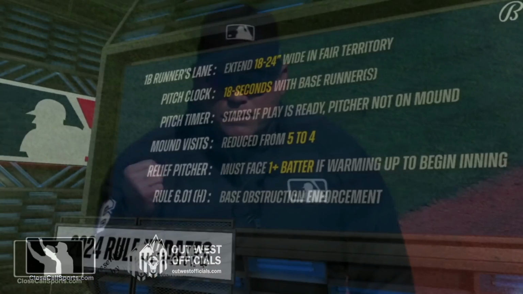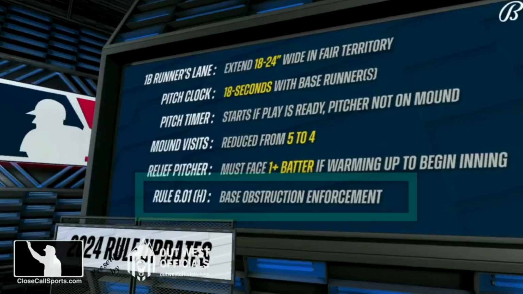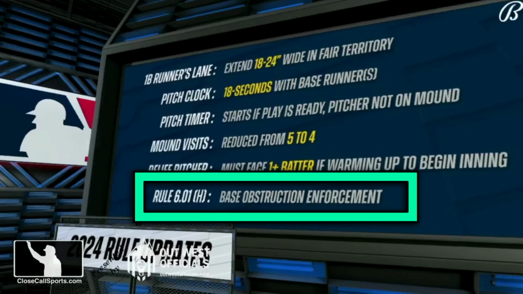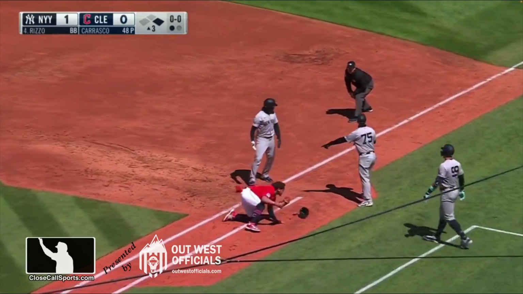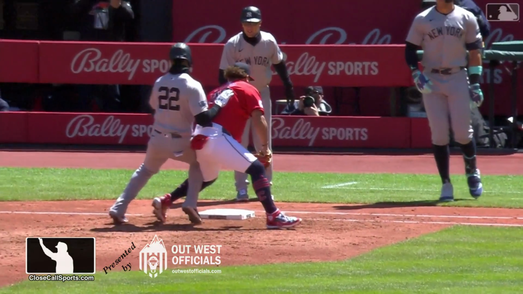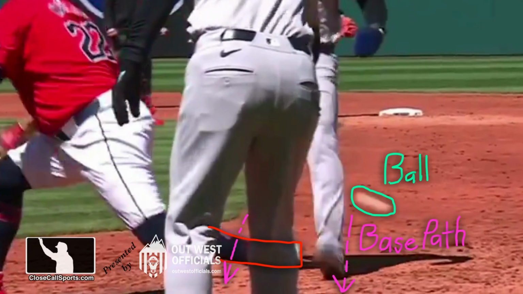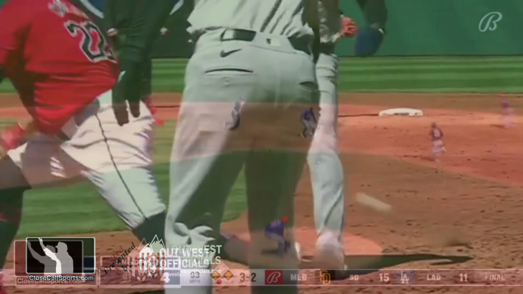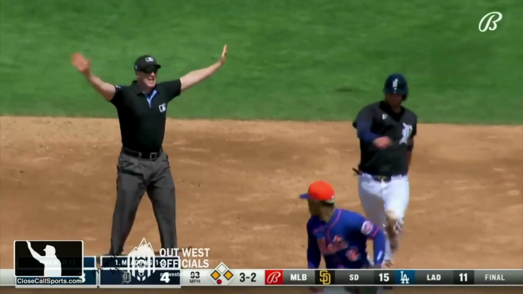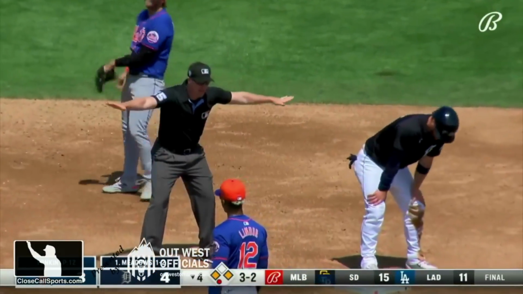The runner is out. We all know about this season's new base obstruction enforcement, so the question asked is how can replay overturn the umpire's safe call here to an out, given that the fielder without possession of the ball clearly stuck his leg into the runner's path? After all, we've seen this called earlier. Strike him out, throw him out to end the inning. I was wrong. Oh, no.